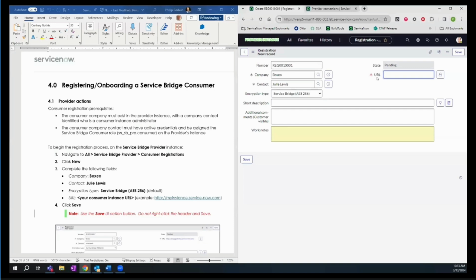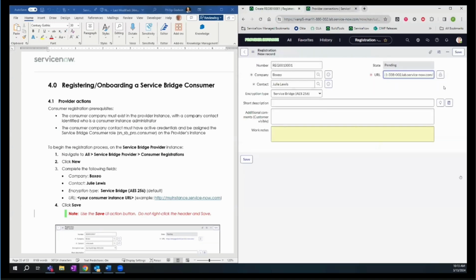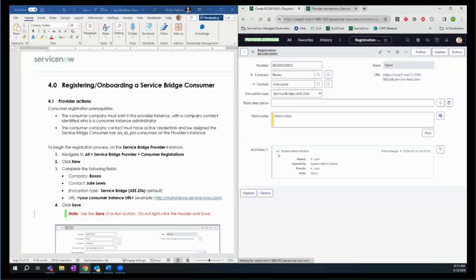And then the other thing that has to be put in is the URL for the customer or the consumer instance. So I'm going to go over to my consumer instance and I'm just going to copy the https URL. And we'll go back and put that in the URL field. And that's it. You can put a description in if you want. You don't have to. And then we'll save. And you'll see that creates a